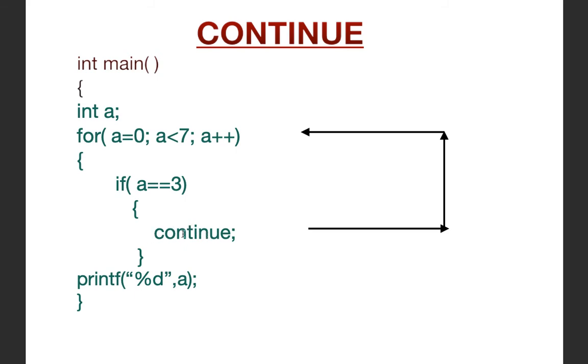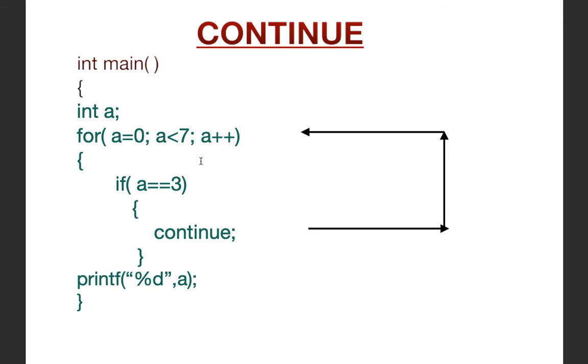Now what is the function of continue? Continue means skip the further sequences. It means whatever statements are written after the continue statement, you have to skip them. So if continue is there, then the compiler directly moves and points towards the loop again, as you can see in the picture. So it again moves here and the value of a is incremented to 4. So 0 1 2 is printed, but 3 is not printed, because it is going to skip this statement and, due to this continue, directly move here.